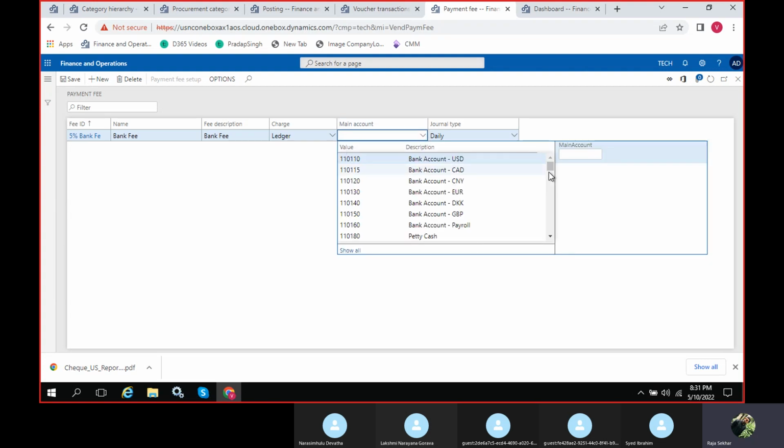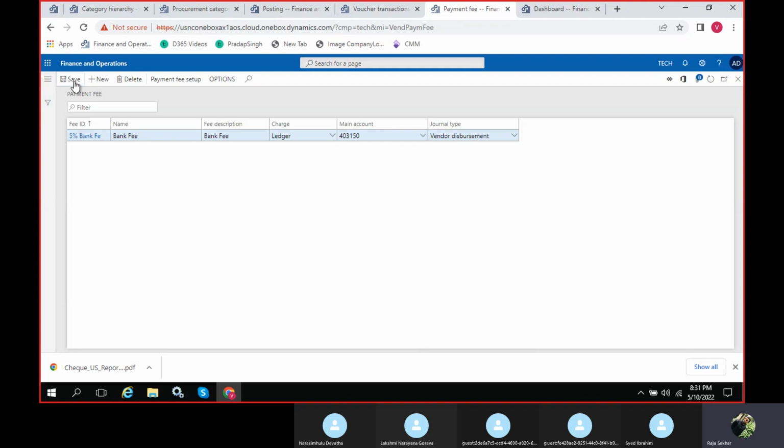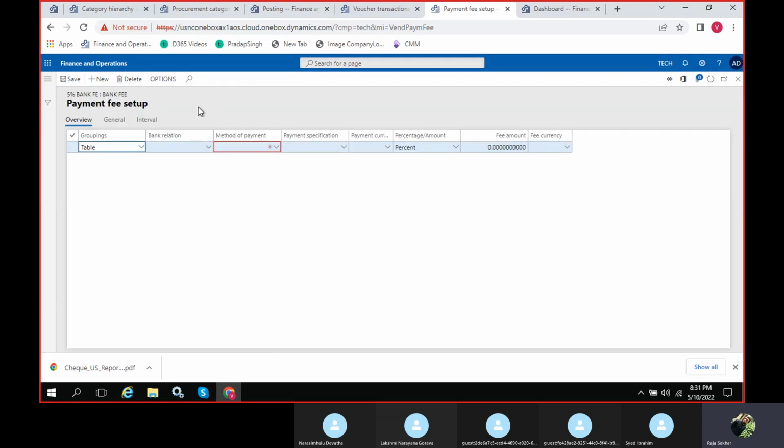Charges. Type, I'll take vendor disbursement. I'll give it now. Payment fee setup. Here in table I'll give Citibank, and the method of payment is electronic payment.